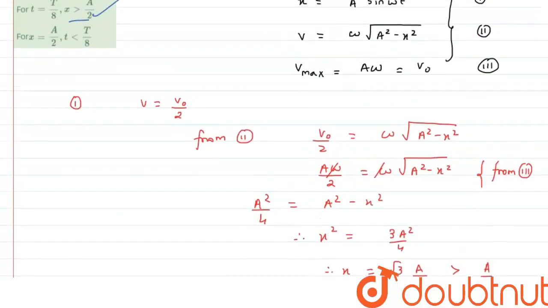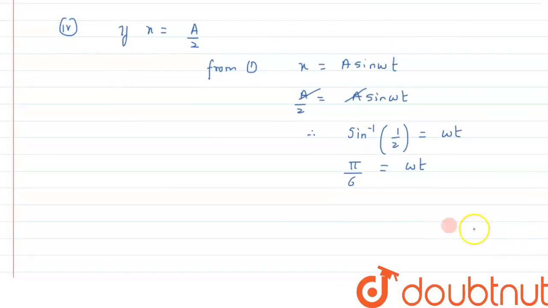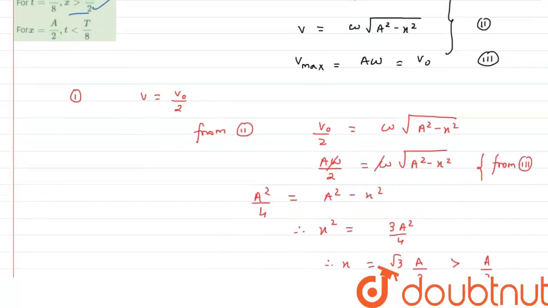Therefore we can write pi by 6 into, omega can be written as 2 pi by T, so T by 2 pi, and that is equal to t. From here pi and pi will get cancelled out, so we are left with T by 12. So the value of t is coming out to be T by 12,